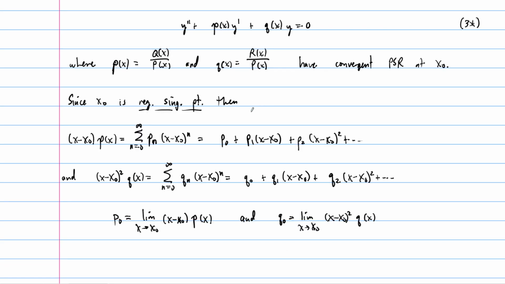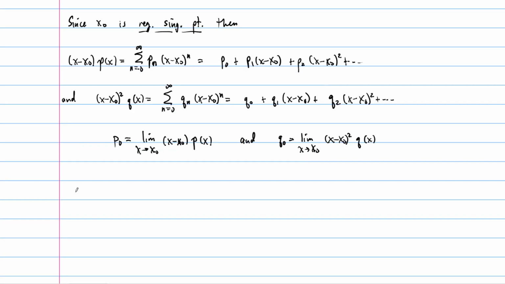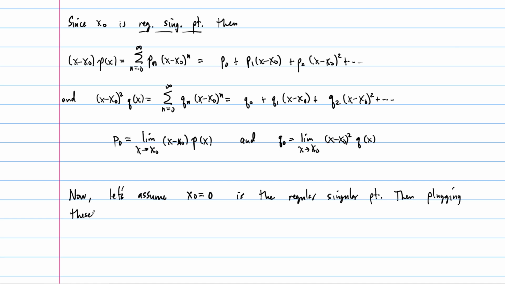But at this point, just to keep our computation a little bit cleaner, we want to make another assumption. Everything we've done now is for a general regular singular point, right? But now let's assume that the regular singular point is at the origin. So x equals x naught, x naught equals 0, sorry, is the regular singular point. Okay, and so then we can plug these into our differential equation and see what happens. Plugging these power series representations, with x naught equals 0 now, into the DE, we obtain,